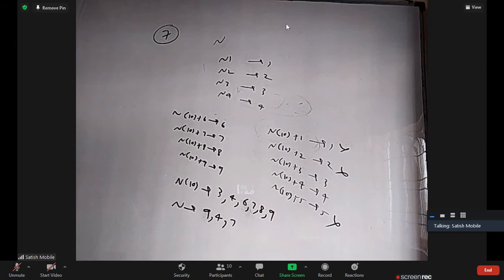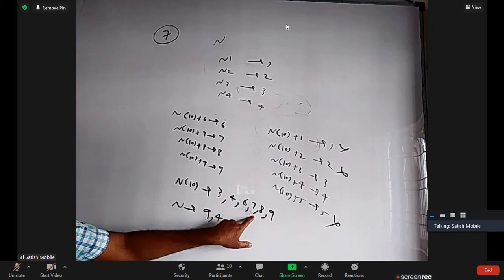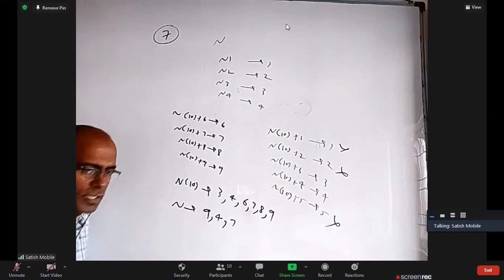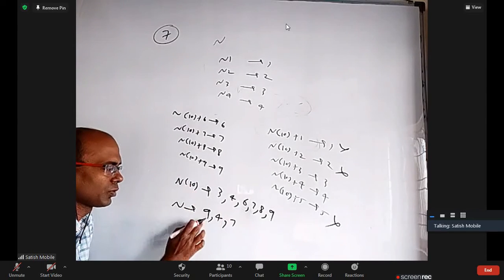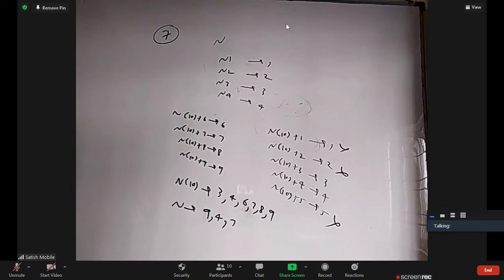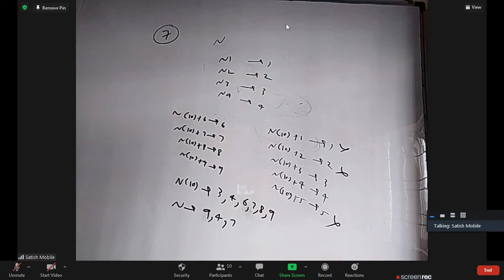All right. In fact, after cancelling 1, 2, this is the highest common factor of all these things. The highest common factor of all these things except for 1, 2 is 9 into 4 into 7. Because if this should be a factor of this, that means n should be a multiple of 3, 4, 6, 7, 8, 9, means n should be a multiple of, not HCF, sorry, LCM. Okay. N should be a multiple of the LCM of these. Right? Okay. So anyway, n is 9 into 4 into 7.